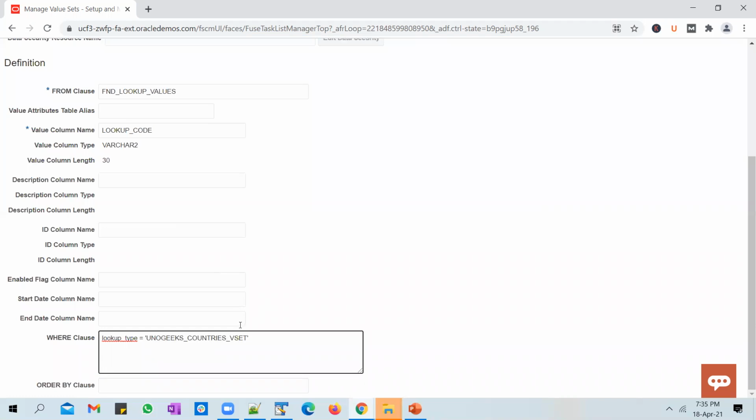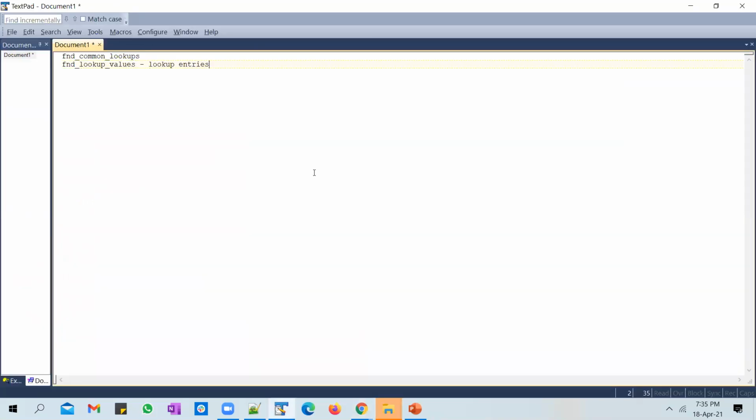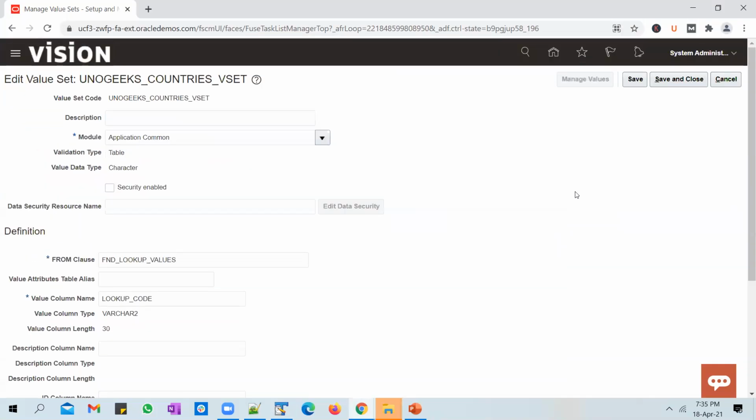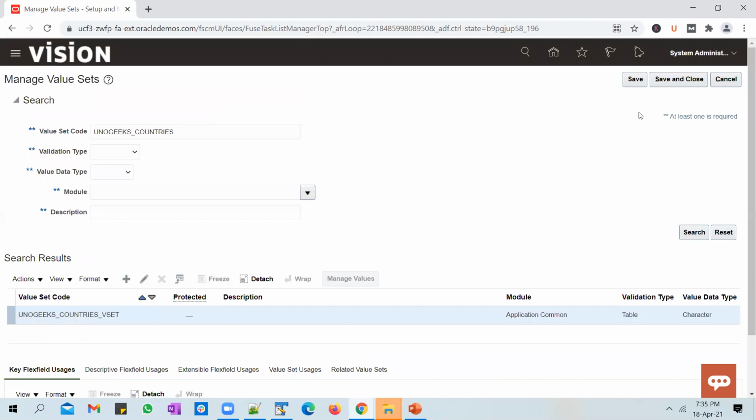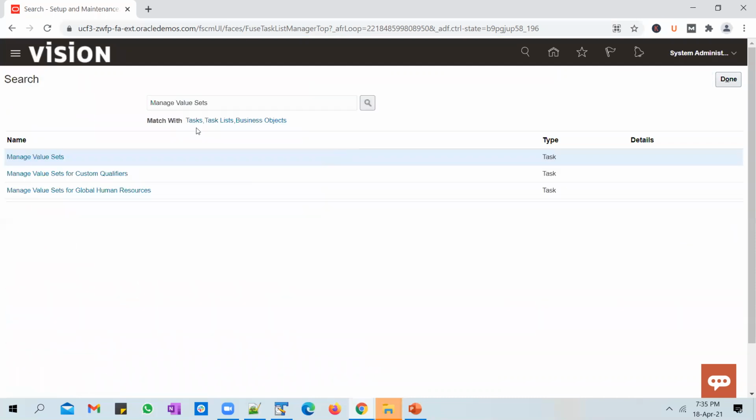well, to be frank, I don't remember the lookup type that we have defined, but I hope we have called it UnoGeeks countries. I hope this is what we have used, but let me just verify it once. Save and close. Save and close.